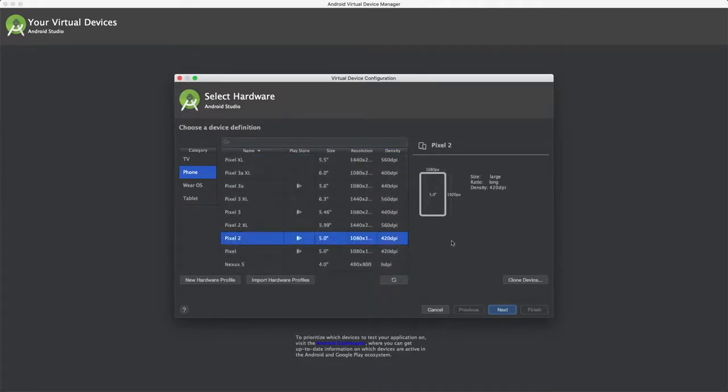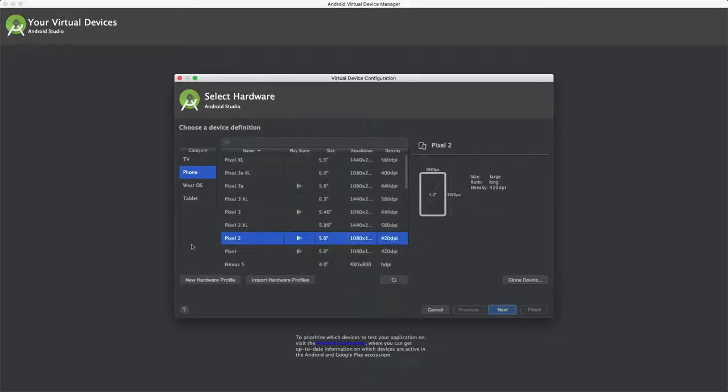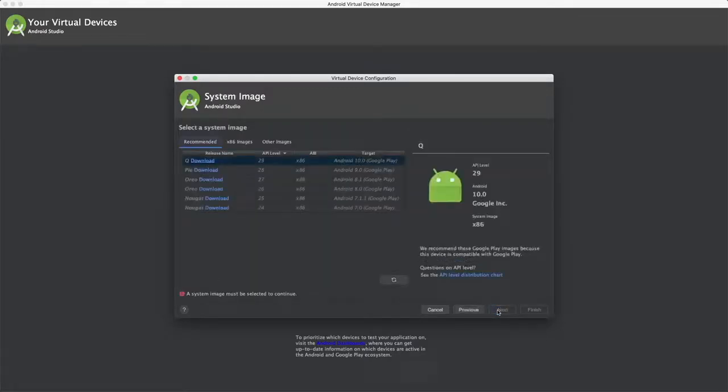I'm not really a huge Android user. I know Java. Obviously, I know a little bit about Android development, but my day-to-day use phone, at least right now, is an Apple phone. So I don't know all the differences between all of these, but hopefully that's something we can explore as this series goes on if we need to explore different options on here. So we're going to start with the Pixel phones, and we're going to go with, let's go with Pixel 3a. That looks fun. And then you click Next